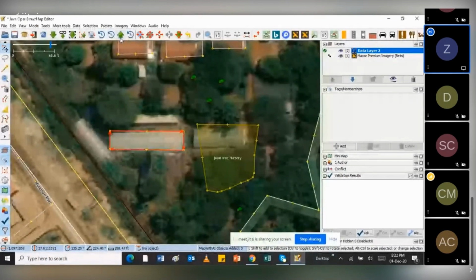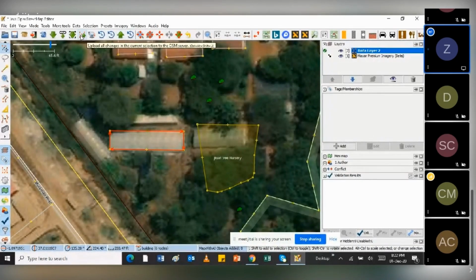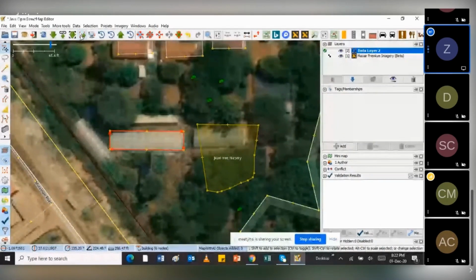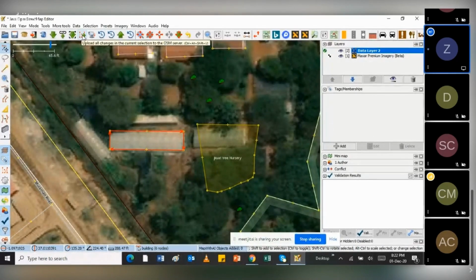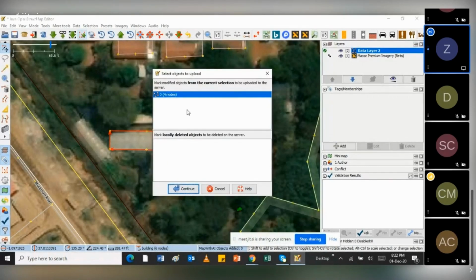Then instead of using the mass upload, I can easily specify, let's say I want to upload specifically the point that has been selected. So if I want to upload just this point alone, I can just come here. Then it tells you to upload all the changes associated with that specific feature that has been selected. If I click on that again, it shows that these are the features I've selected.